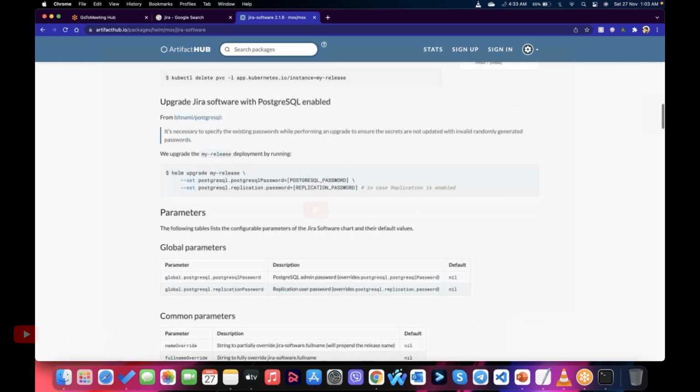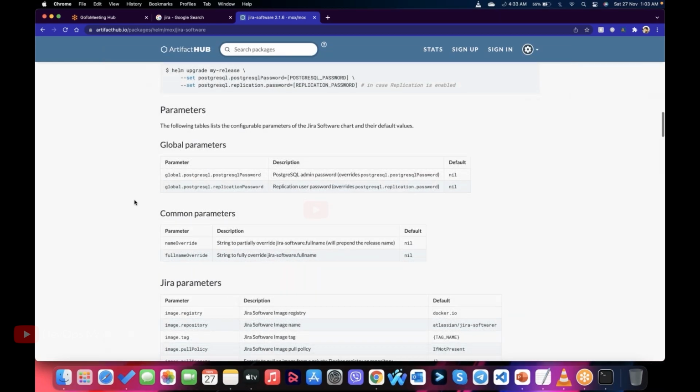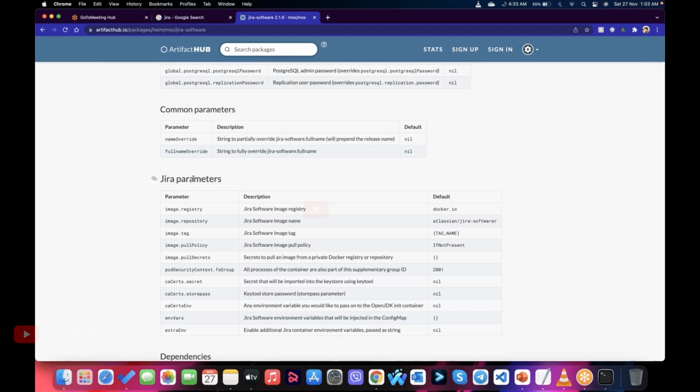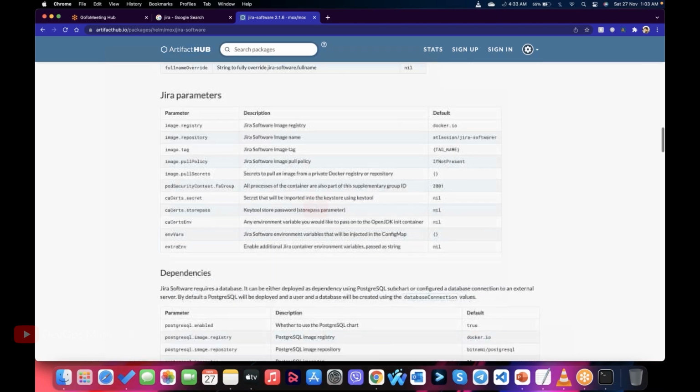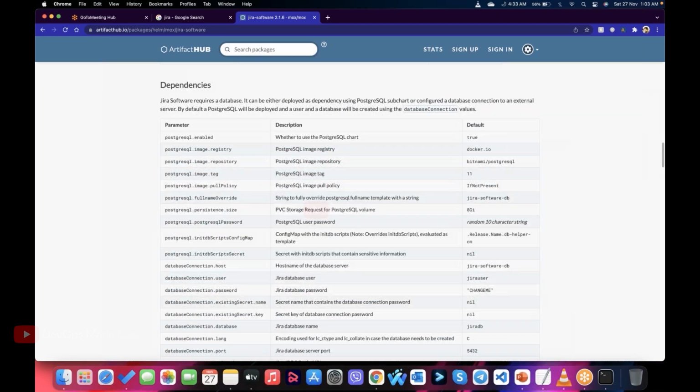These are the various global parameters supported in the values.yaml file, and these are the various Jira related parameters. As you can see, we can also have various pull secrets and pull policies set in the values.yaml file. And these are the dependencies, since the Jira chart depends on Postgres as the database.